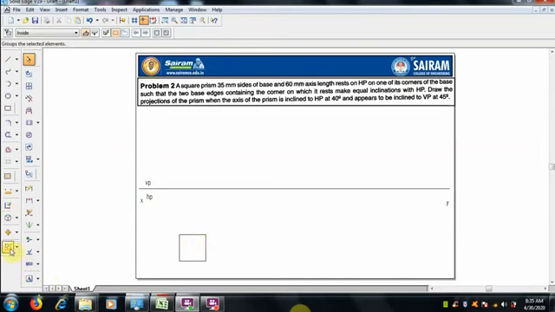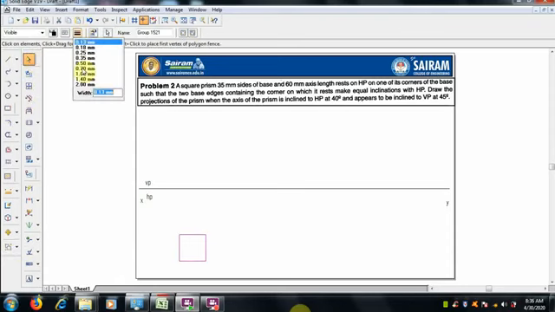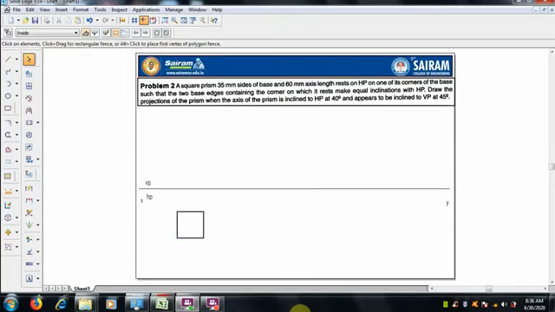Now you can see these individual line segments should be grouped together, so select and make a group of it. Then you can make it 0.5 mm thickness.